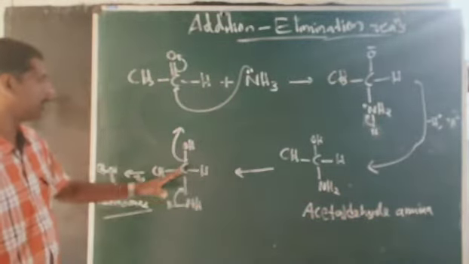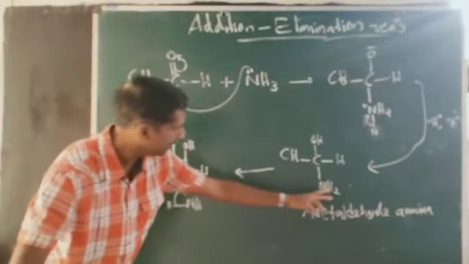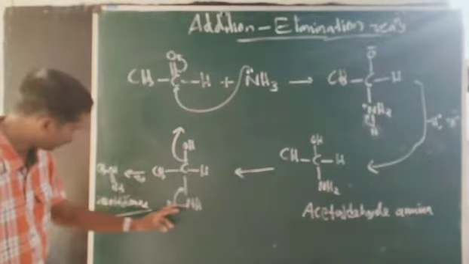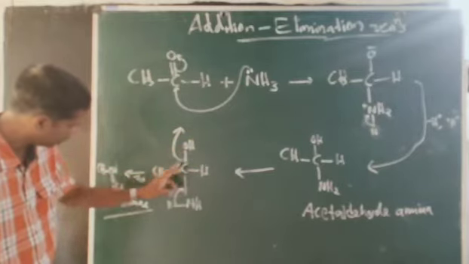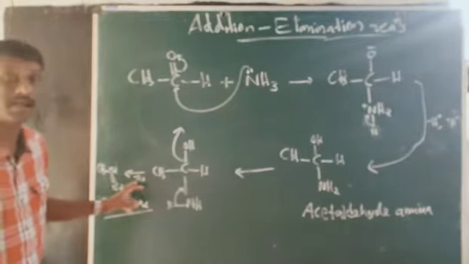This aldehyde ammonia will undergo dehydration. How is the water molecule eliminated? NH2 can be written as NHH. This bond is breaking from H, and here it will become a double bond. At that time this OH bond will break. Then this OH and this H will join together and be eliminated as minus H2O, and the remaining part is CH3CH double bond NH. That is known as imine, aldimine.